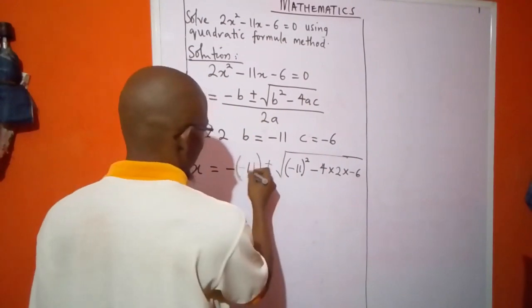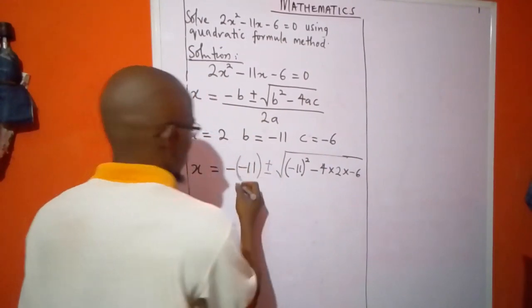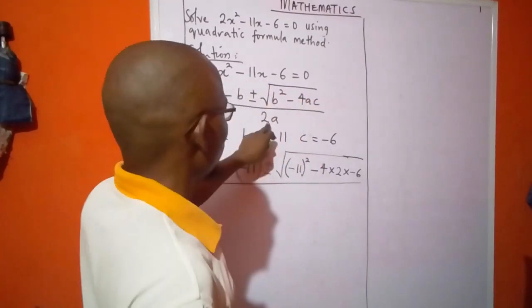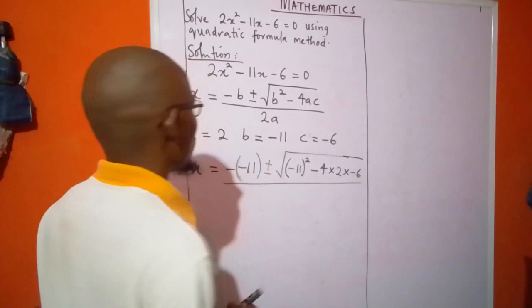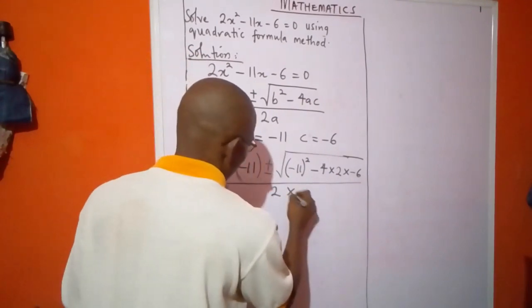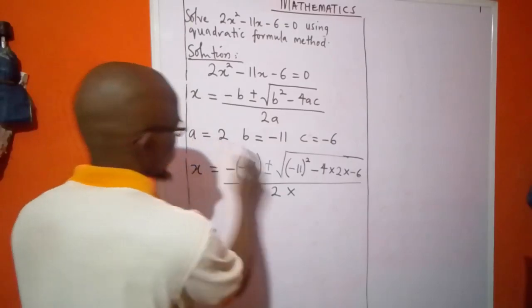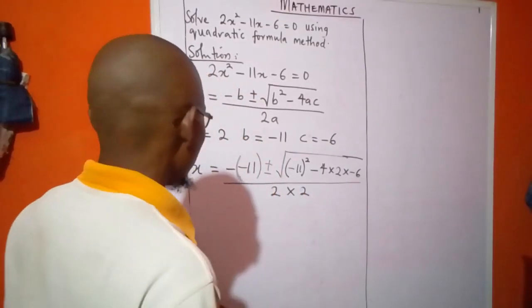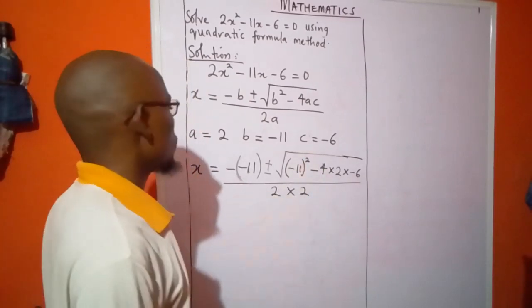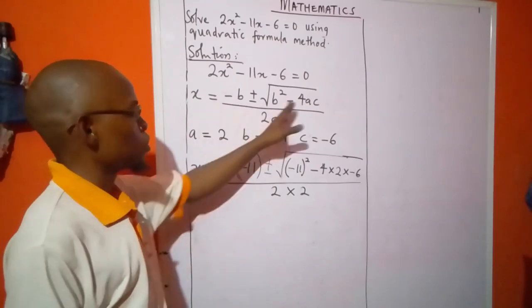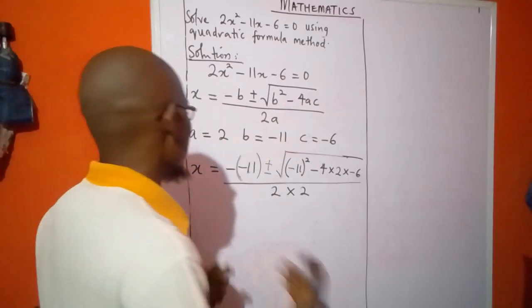Then the next thing is, we now put the division line there. Then what do we have there? We are having 2a. So that will be 2 times, what is our a there? Which is 2. Okay, so since we substituted the a, b, c in what we have here, then the next thing is for us to